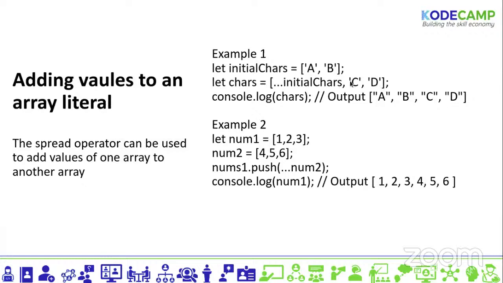We have some literals inside this character variable, we have C and D, and then we are adding another set of character literals. So this will give you this result. So having A, B, and C, D, and then you put initial characters here, you spread it, and then you